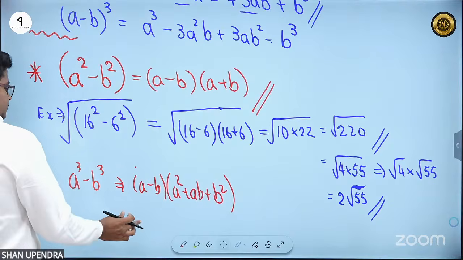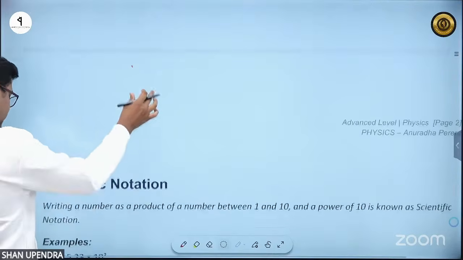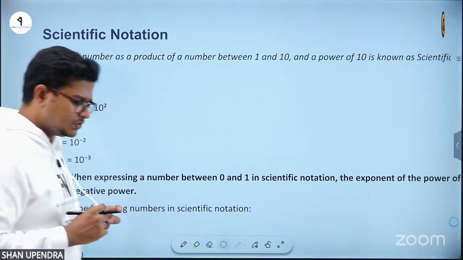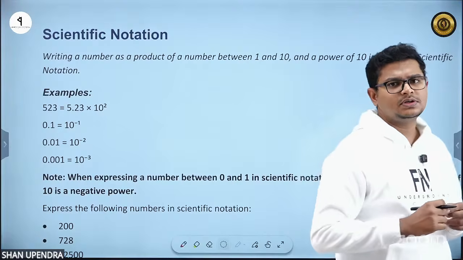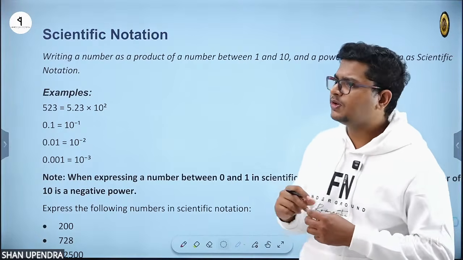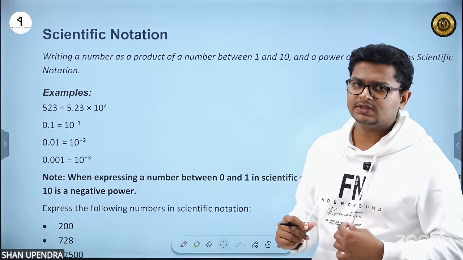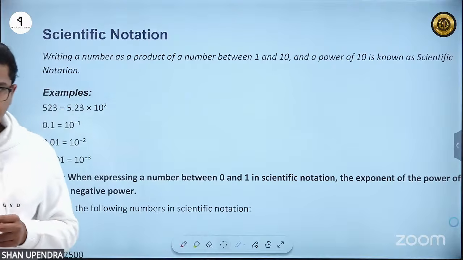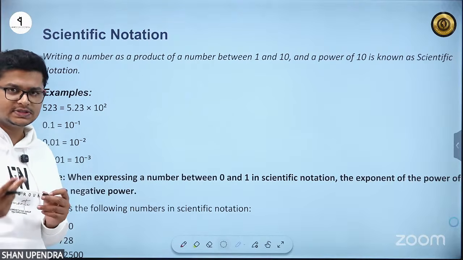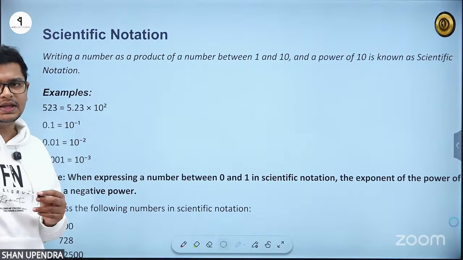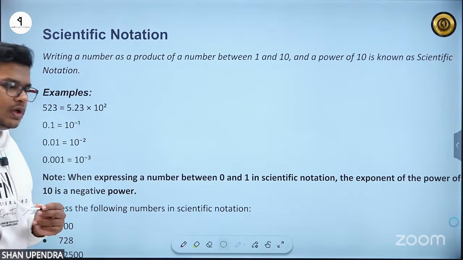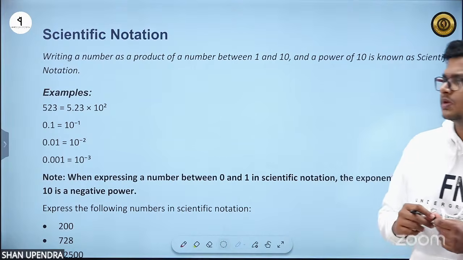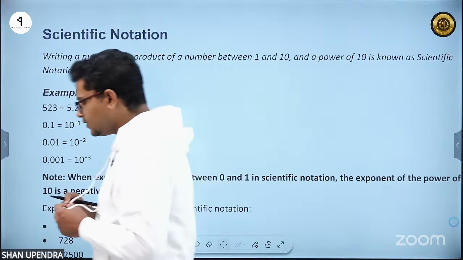Are you ready? Then I'm going for the scientific notation. This is really simple. You know what is meant by scientific notation. This is important because when you represent your final values, your final answer, it is easy to keep that in scientific notation. When you solve your answers, keep the answer in scientific notation. It's easy for you as well as the examiner or the paper marker. They can easily identify your